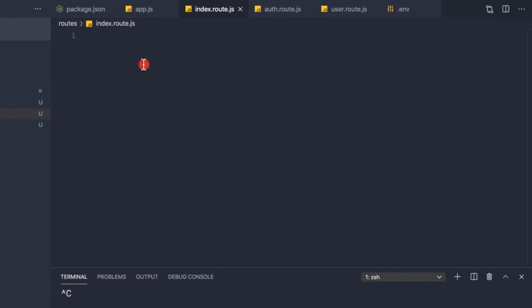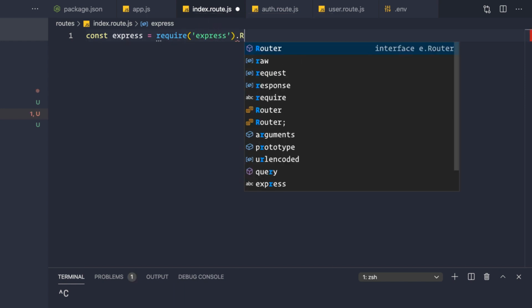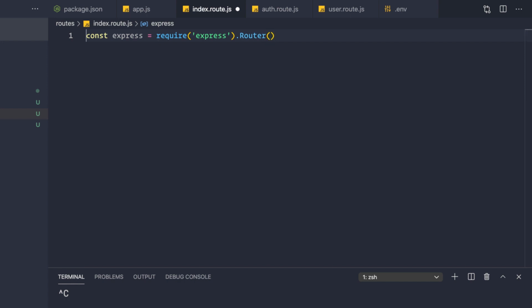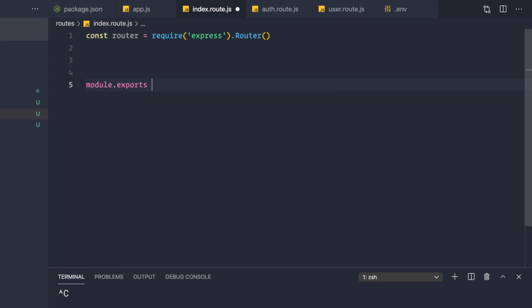And now inside the index route, let's write something. Firstly, we need to get the router from the express package. So const express equal to require express, not assert but express, like this. And then we can simply directly invoke the router here, and instead of making this constant as express, we'll call it router, like this. Finally, we need to export this router to be used inside the app.js. So module.exports equal to router, like this.